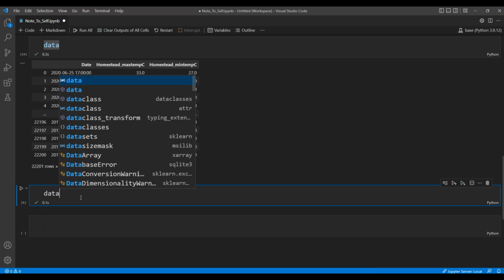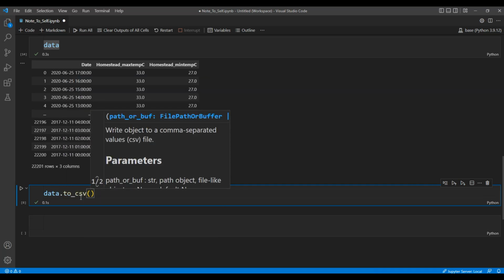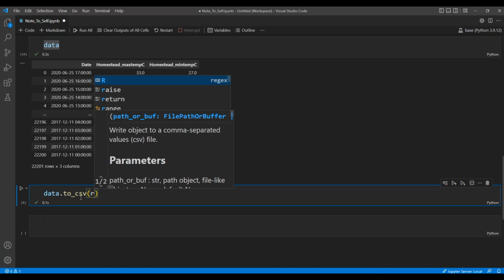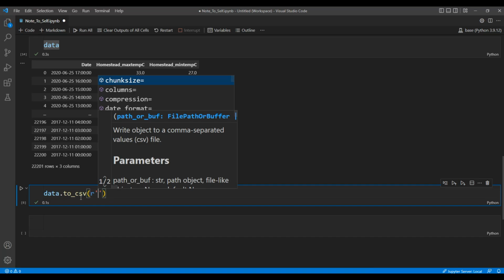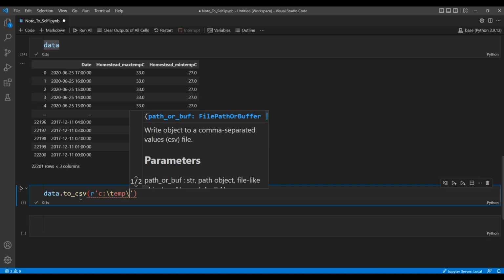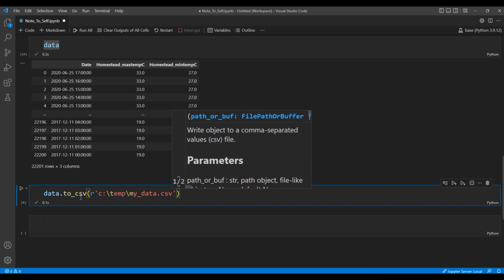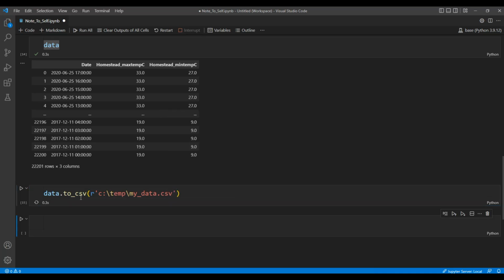So now I'm ready to export it to a CSV file, and the function to do that is within the variable itself. So you can just type in the variable .to_csv, and in parentheses you want to put the path where you want the CSV file sent to. And if you recall from another video, to avoid having to do all your backslashes as forward slashes, you can do a lowercase r, and then within the quotes put your regular path to where the file will be created, and we'll call it my data. And then let's not forget the .csv as the extension. And when we run that,